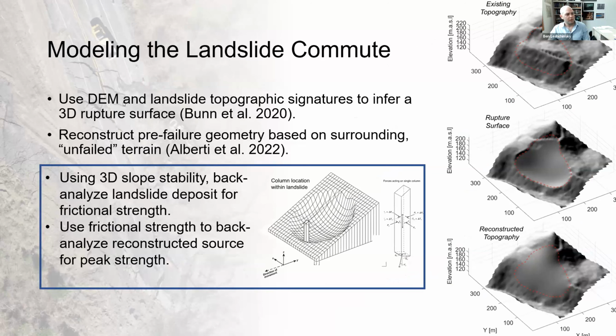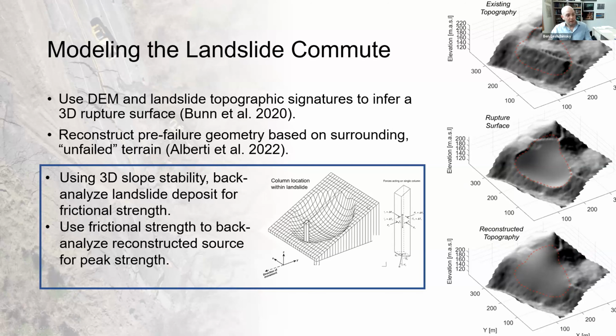What we have is a digital elevation model that has an inventoried landslide. Perhaps we have a headscarp mapped, we have the landslide topography, and what we have with the headscarp or the surrounding terrain is effectively topographic signatures that tell us something about the rupture surface of the landslide. We can project that headscarp. We can use the boundary conditions of the unfilled terrain to fit a rupture surface. We can also use the surrounding terrain to reconstruct a source zone of material in the case that the landslide is not completely evacuated. That gives us an idea of maybe where the landslide started and where it is now.